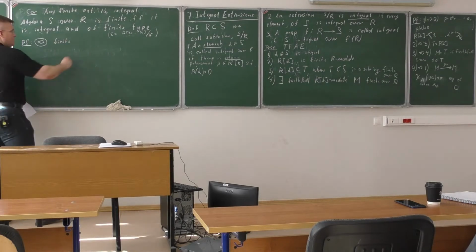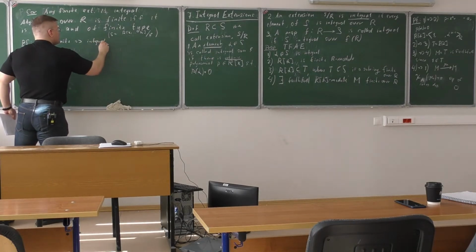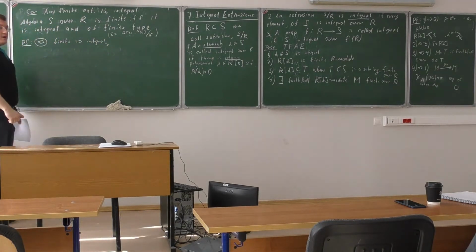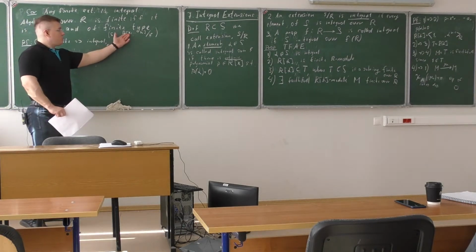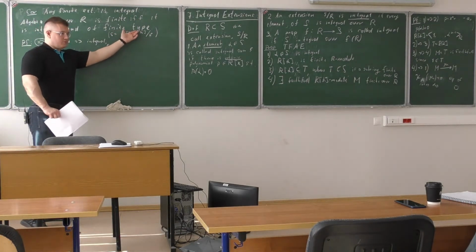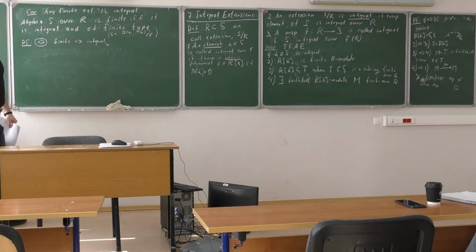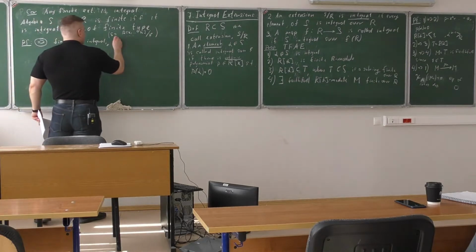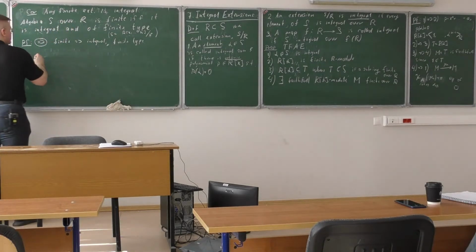This is more or less a triviality, because finite implies integral, that we already know. And any finite is definitely of finite type. Because if it is finite as a module, you take these generators, so any element is a linear combination, and here we have not only linear combinations but also powers of generators. So definitely, if you take the generators of the module, it will be of this type. Is it clear what I'm saying, that any finite is also finite type? Okay, so any finite is integral and of finite type. So this direction is trivial.